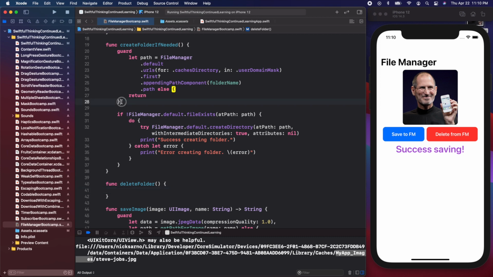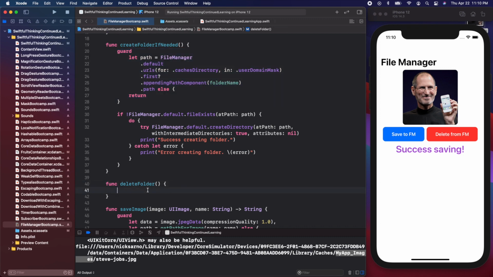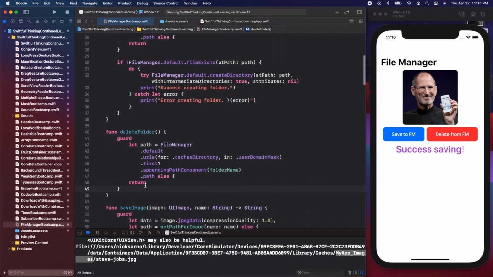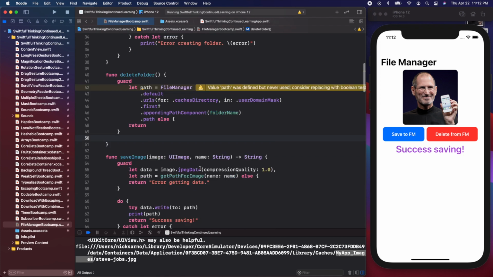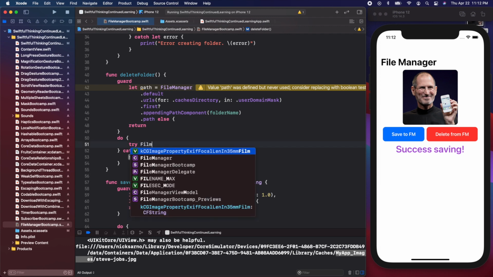And I'm going to actually just copy the same path for creating the folder. I'm going to paste it in our delete folder here. So we have a path just to the folder name, not to a specific image. And in here, we can just very simply call a do catch statement, and we can call FileManager